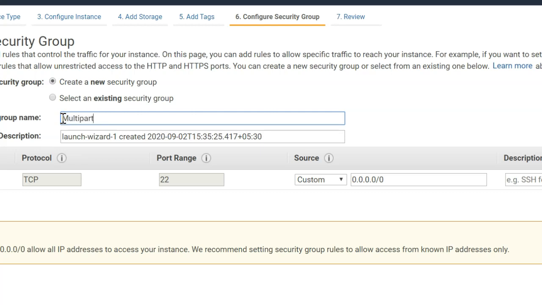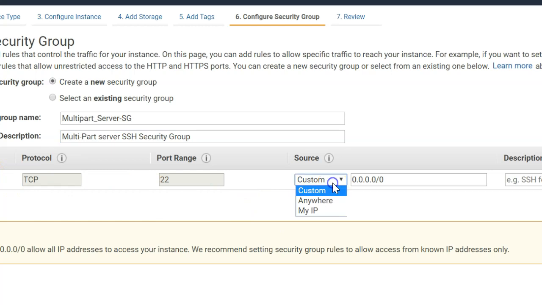Let's say the name is multipart security group, and I'll copy it into the description as well, so I can say it's my multi-part server SSH security group. That's just the description. SSH is already added by default, and I'm going to set the source to anywhere, so I can telnet from anywhere. Apart from that we don't need to make any changes.